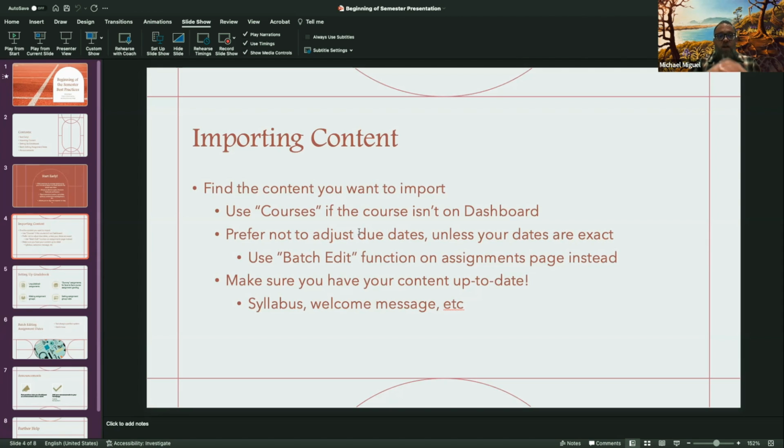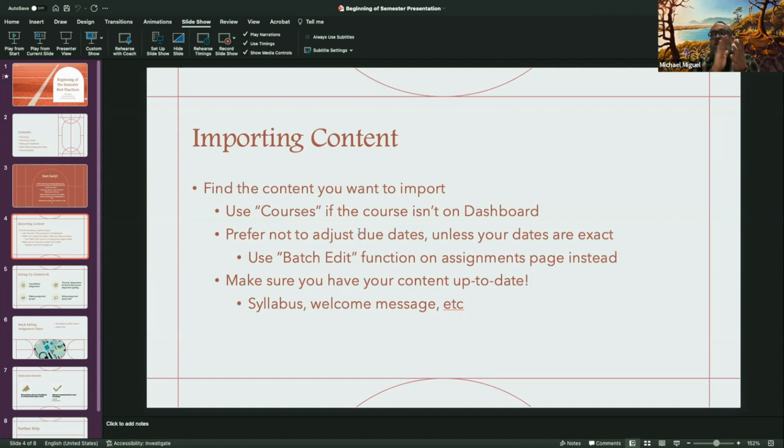I'll tell you right now, if you're importing content from a course that opened on a Monday into a course that opens on a Wednesday, it just turns into a huge nightmare. Rather than using that adjust due dates function, there is a batch edit function within the assignments tab, and I'll show you guys how to use that as well. That works out a whole lot better. It's just some real simple math that you have to do to figure that one out.